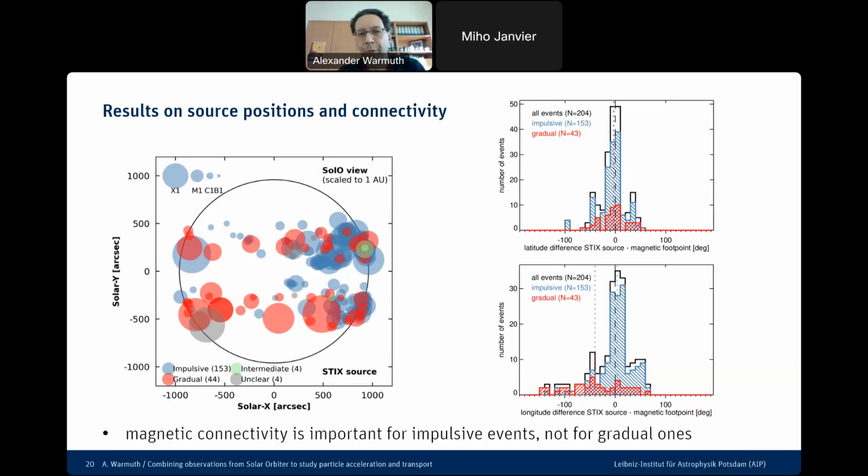So this would confirm this picture, which we have had for a longer time, that gradual events are probably due to acceleration at CME-driven coronal shock waves, which are extended, whereas the impulsive events are more associated with the more confined or more localized reconnection events that are going on in the framework of solar